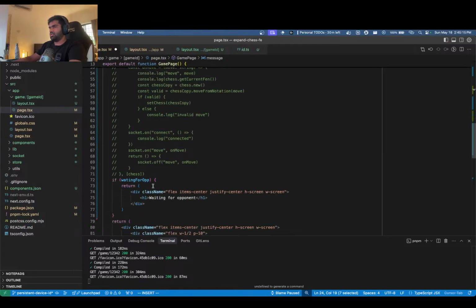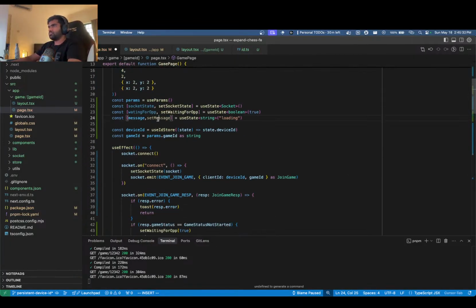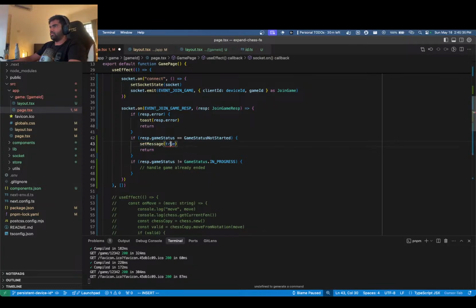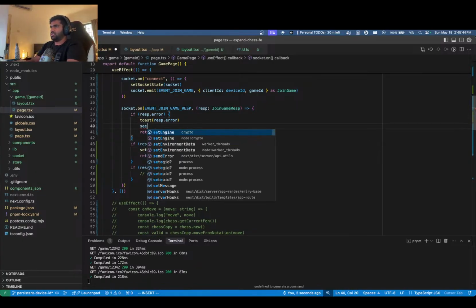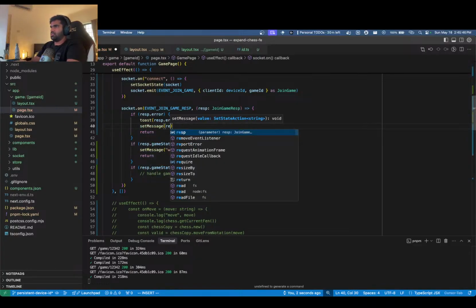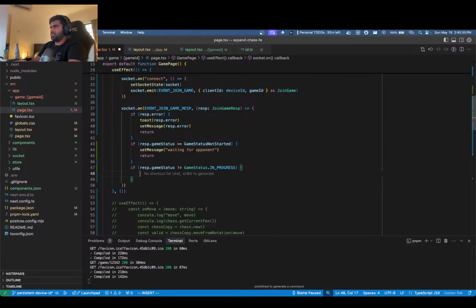And then I should just, if message, then I should just have the message here, message, right? And then if the game is waiting for an opponent, I'll just say waiting for opponent. If it's error, I will set message error, right? And then if it's not in progress, I will set message